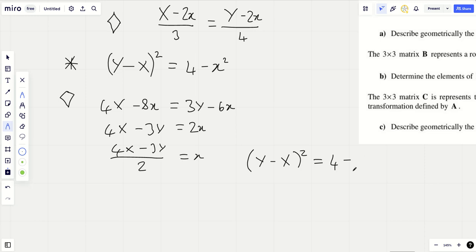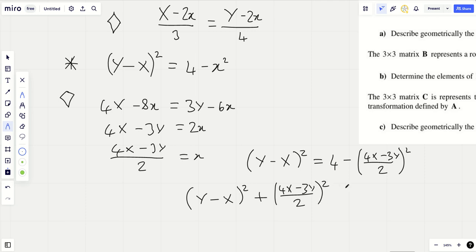Take away 4x minus 3y over 2 all squared, yeah? So y minus x all squared plus 4x minus 3y over 2 all squared equals 4. Times it all by 4, because that's going to square to 4, and you get, I think this, you know, I didn't bother, I could have timesed it out after this as well and collected the x squareds together, but